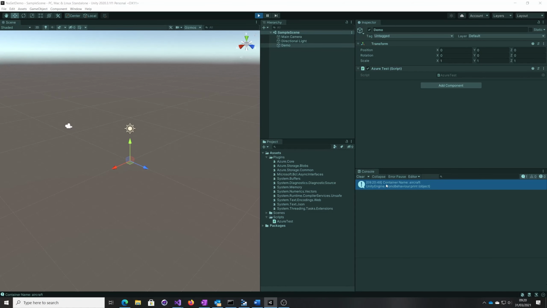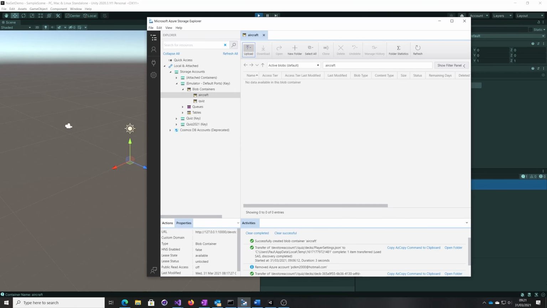Okay, good. So container name is aircraft. So we're getting somewhere. We're now communicating with Azure, even if it is just our emulator. But that's good enough. It will work with a real thing. So what now? So I've called this aircraft, and I want to put something in there that is kind of